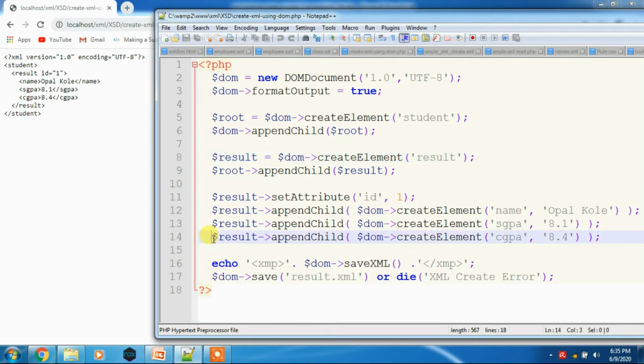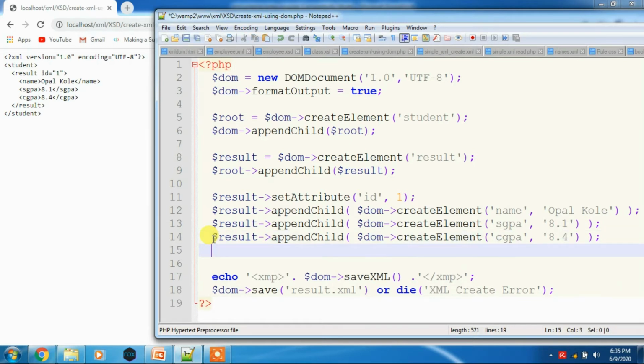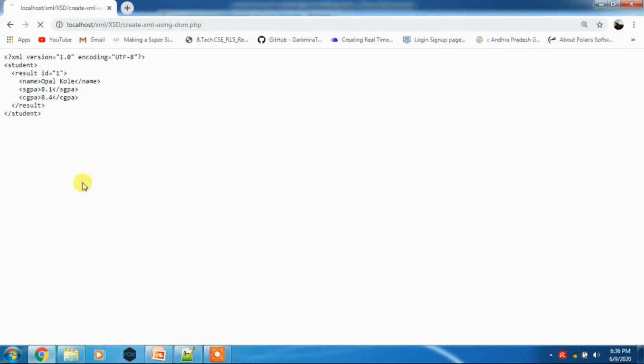See here, if I want to add address, how can I add it? Directly you can pass the value, and instead of CGPA you can place address, and instead of 8.4 you can place TPT. Save the program, refresh here, and the address will be added.